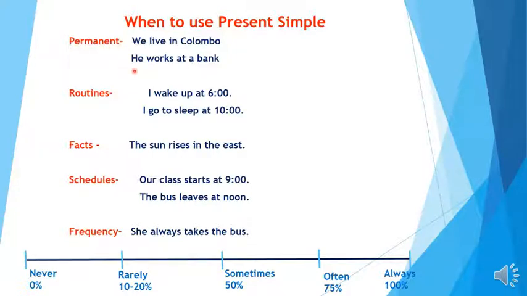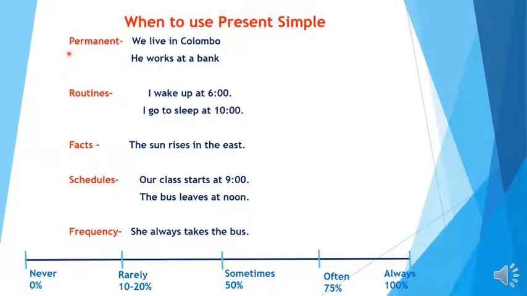Also, when you talk about the usual place of work where you normally work, then again you use simple present. So this example, he works at a bank. This is the place where he normally works. So when you are talking about permanent actions like where you live, where you work, you have to use